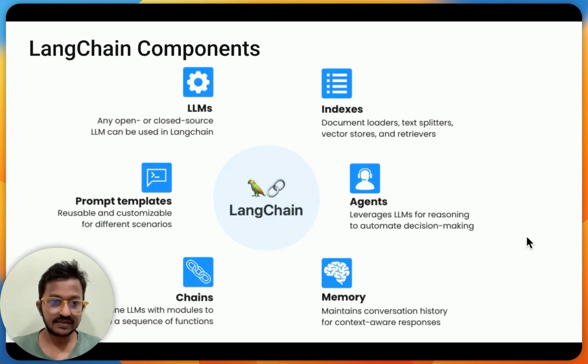And there's also prompt templates, reusable and customizable templates so that you don't have to create your prompts again and again. You can reuse them. For example, you want to build an application for kids, and you want the application to respond to everything as if it's responding to an 8-year-old kid. So that's how you can create that whole application so that it always generates such type of responses back to the user. So these are some of the components of LangChain, and all these things give power to LangChain to help you build robust AI applications.